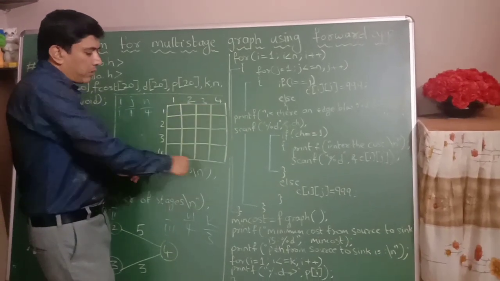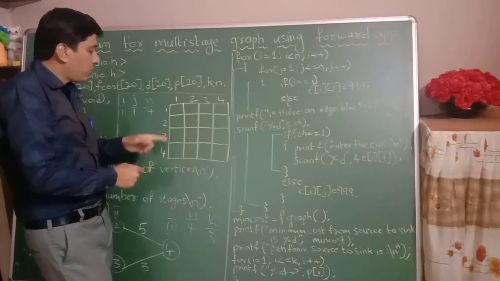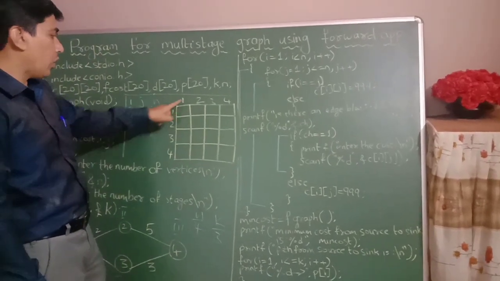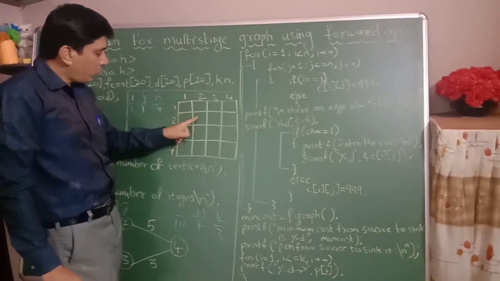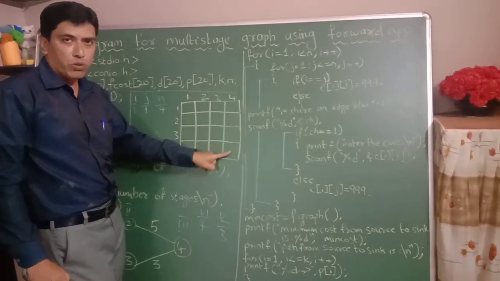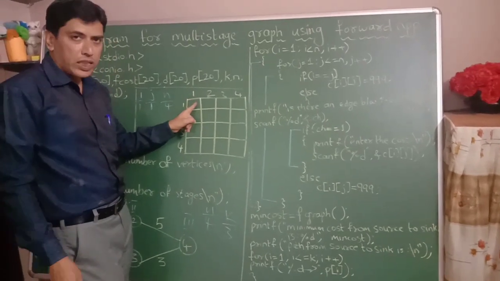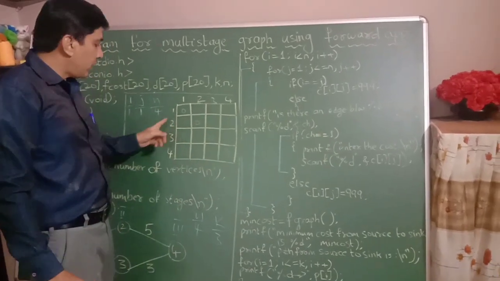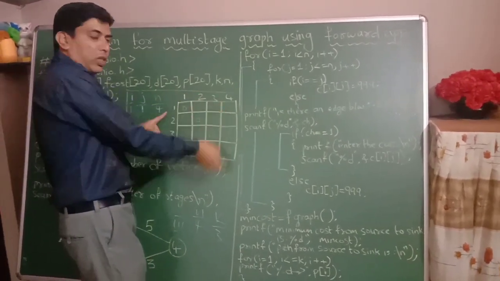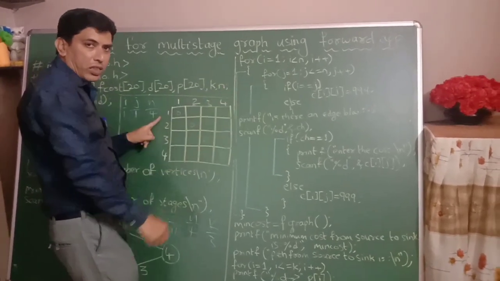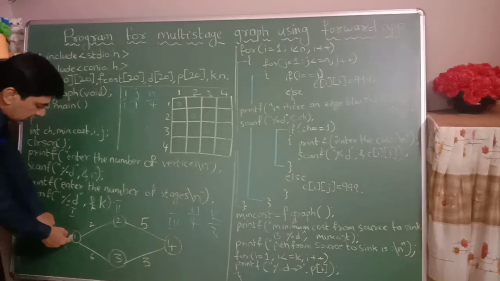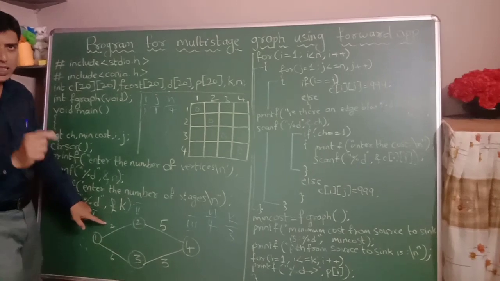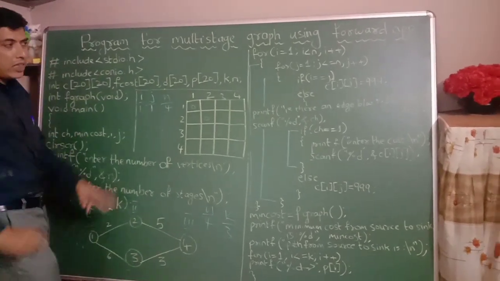And one more thing, once you go for creating a cost adjacency matrix, if there is a cost between 1 to 1, say for example 1 to 1, 2 to 2, 3 to 3 and 4 to 4, if i is equal to j, generally we write 0 here. If there is an edge between 1 to 2, we will write the value of whatever the edge is. For example, here there is an edge from 1 to 2, I will write it here as 2. That is the value of x, something I can write here. And here we have three conditions.